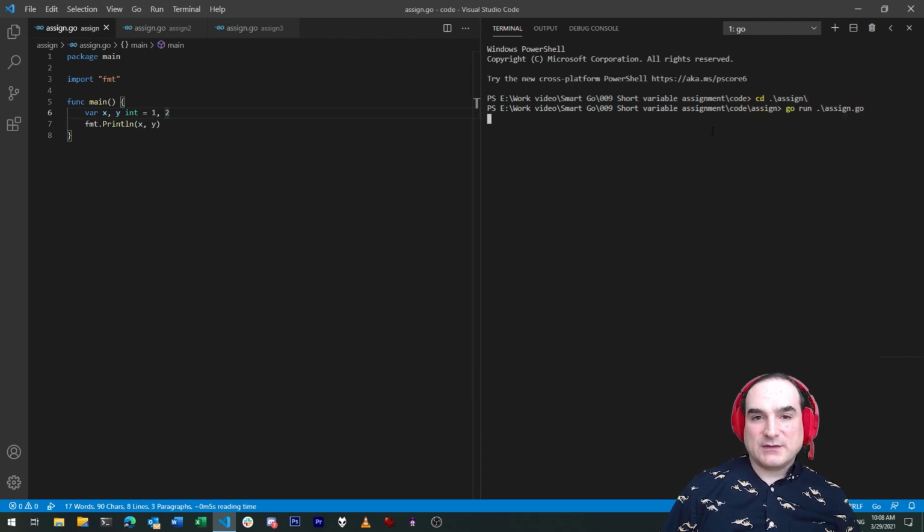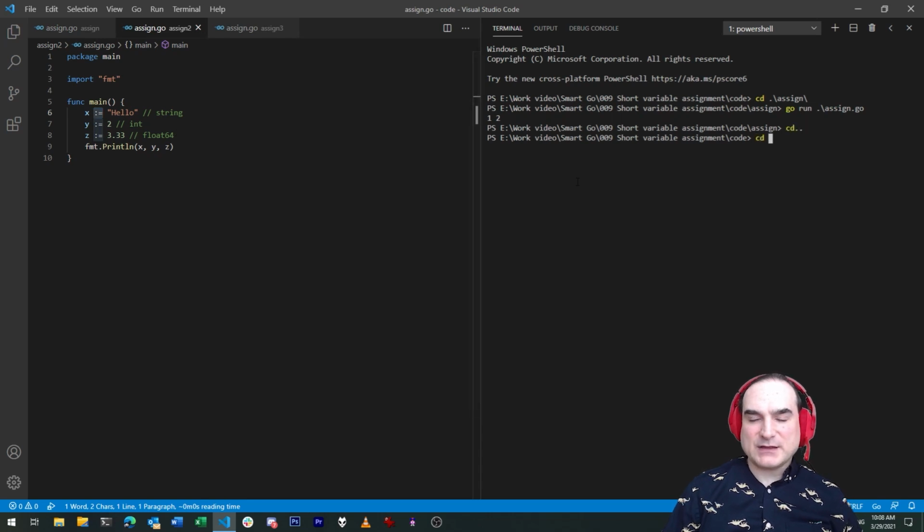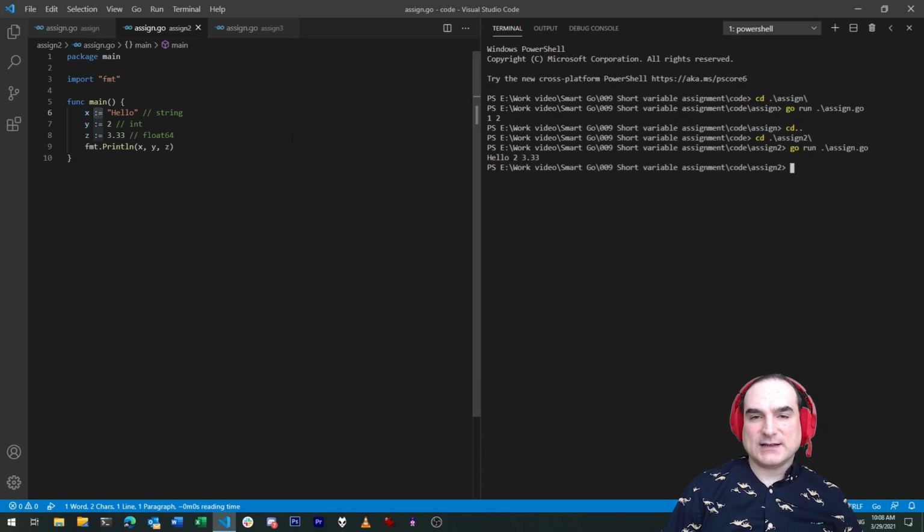However, if you want to create a variable and immediately assign it to something where the type of it is going to be self-evident, you can do that with the short assignment operator, the colon and the equal sign. You don't need to specify the type, you don't use the var keyword. When you use the short assignment operator, the type of the variable is automatically inferred from what you're assigning it to. This works best when you have something where the type of the thing in question can be determined at a glance, such as a constant like a string, integer, Boolean value, float, and so on and so forth.